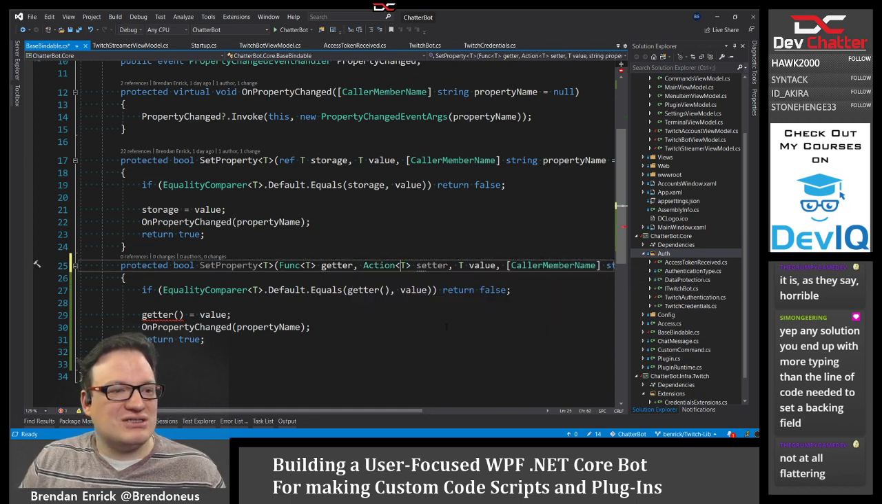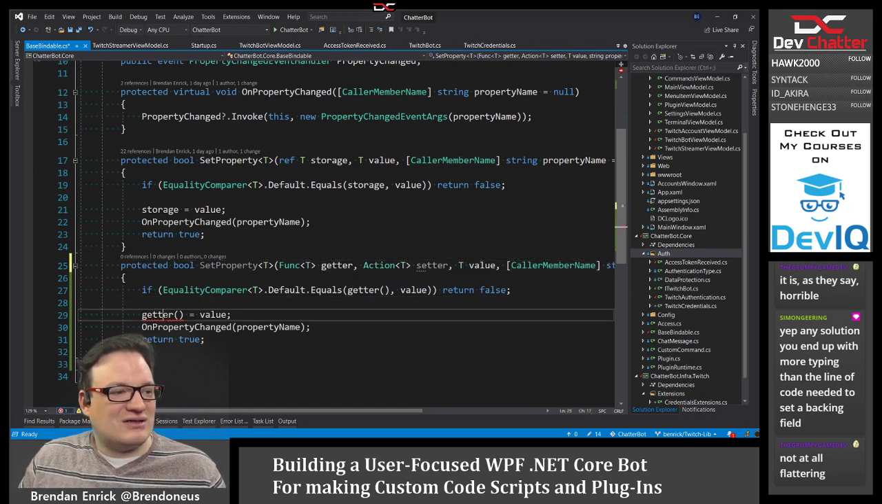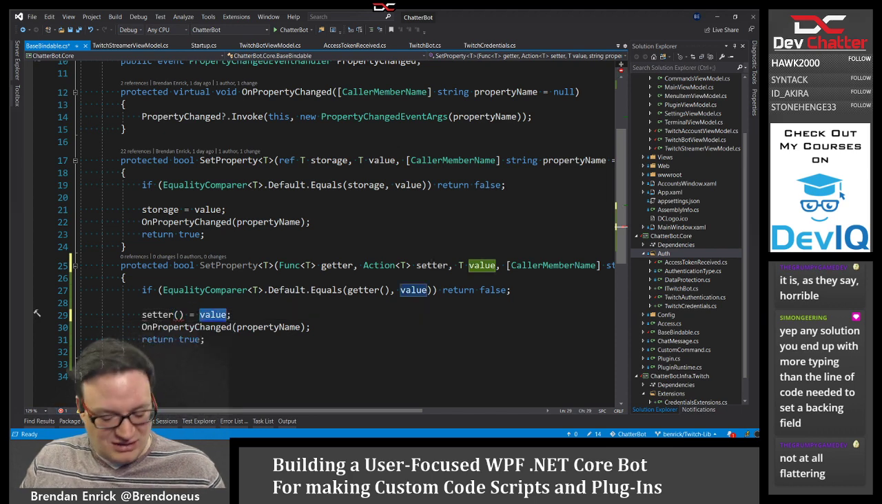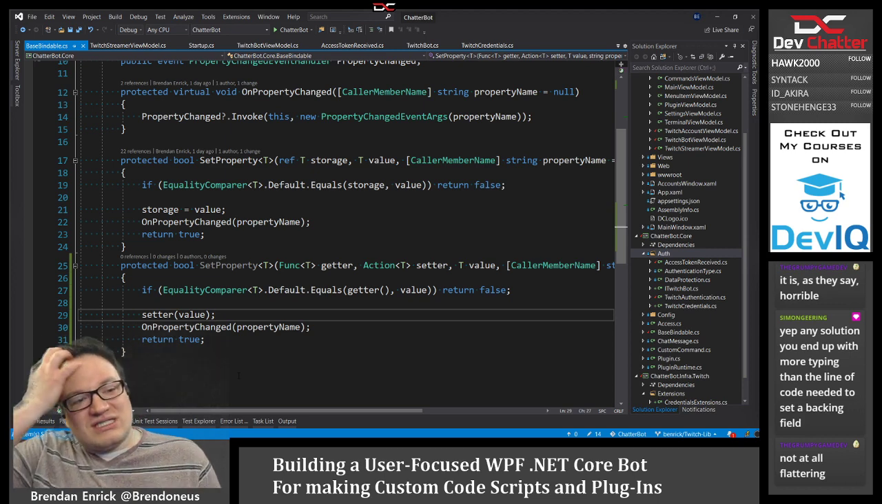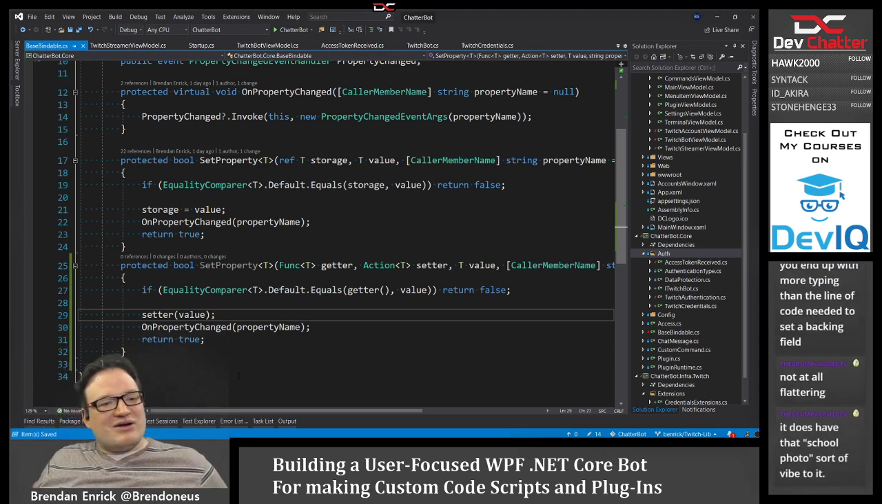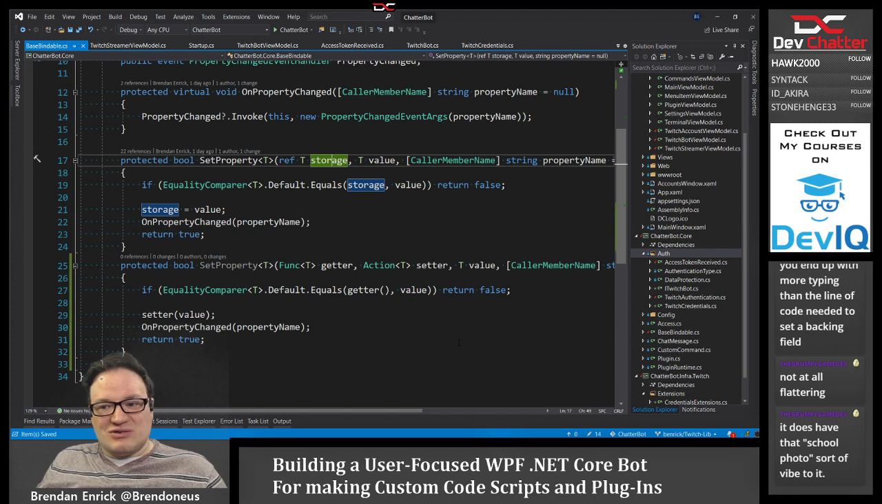I guess we'll do an action of t for the setter. So we'll do a setter and pass in the value. So we have two ways of setting the property. You can either define a getter and setter, or you can pass by reference. So in this one,